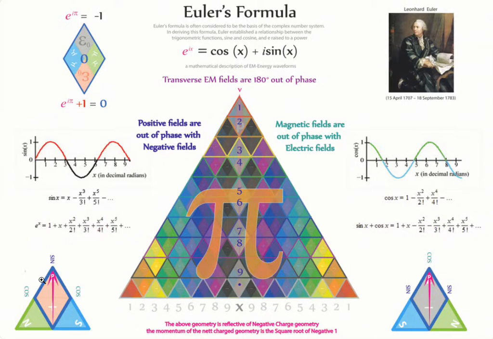Again, 90 degrees out is just sine to cosine and vice versa. As we have positive and negative fields, and we know that the square root of all energy is the linear momentum of the electromagnetic field, we can quickly show that in the case of e to the i pi, there